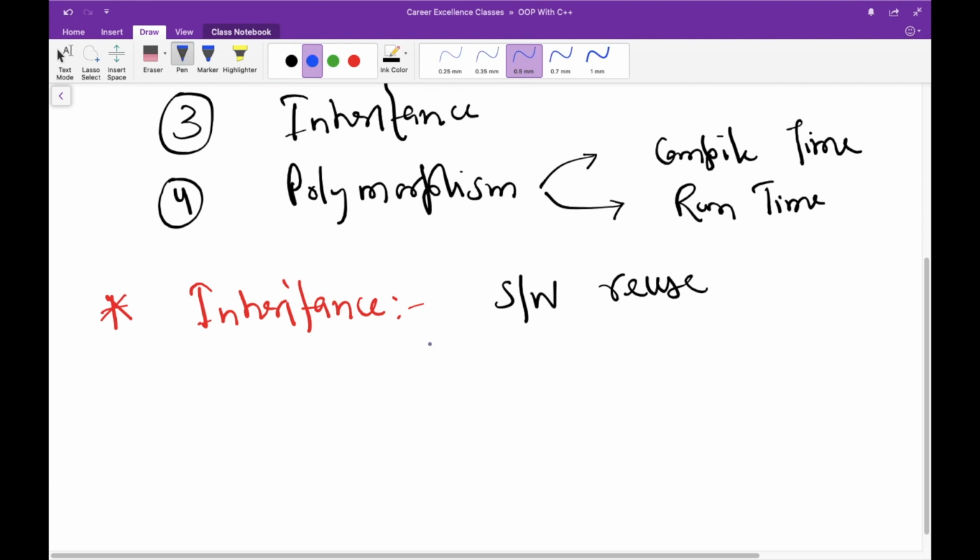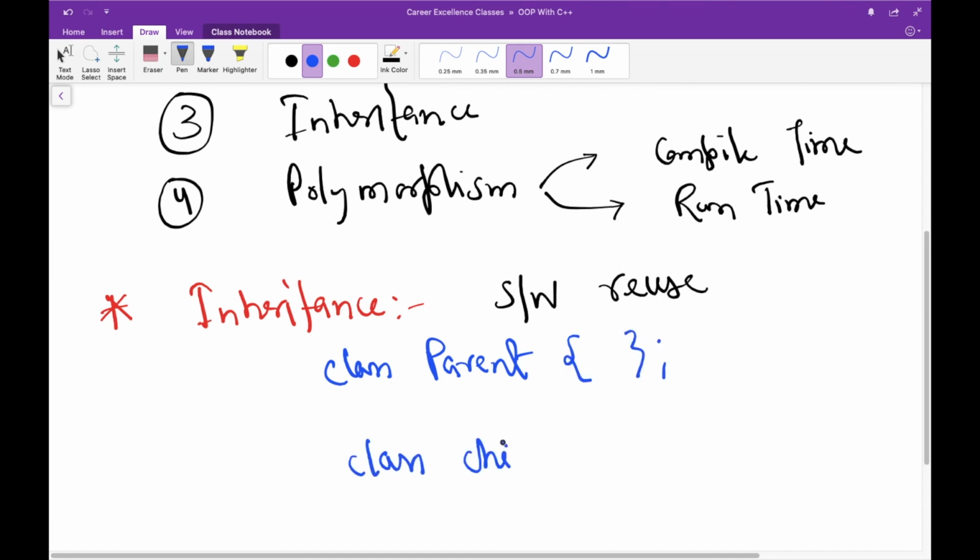You can understand this in this way: we have a class and this class name is parent class. Then you are writing another class with the name child class. If you inherit child class from this parent class, you are automatically going to get some properties and behaviors of this parent class, right?